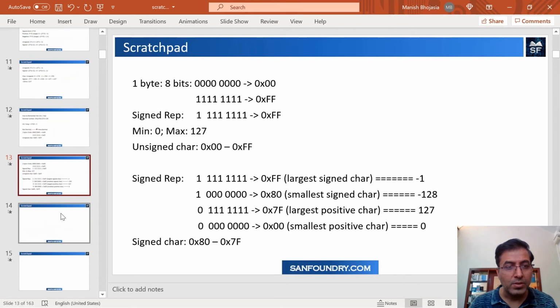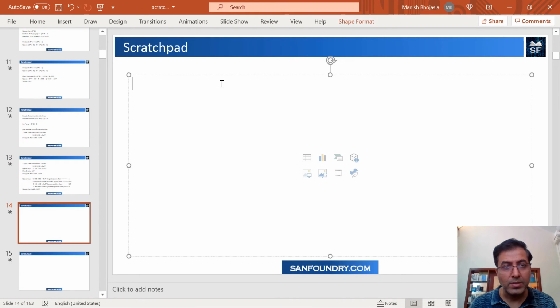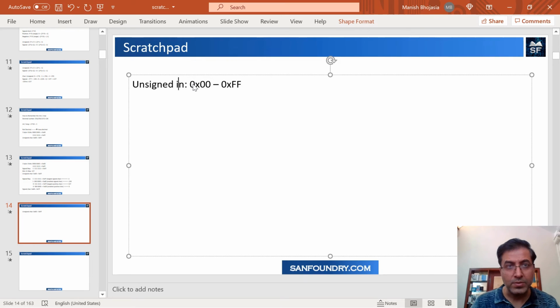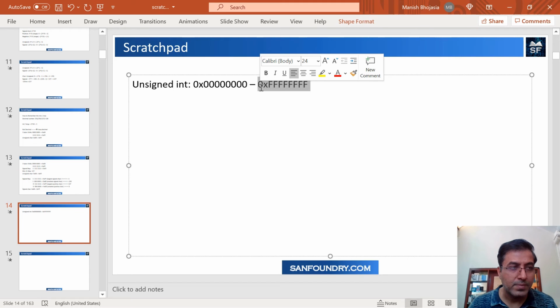So when you think about higher numbers like a 4 byte entity, when you talk about integer is 4 byte, as all of you know. So lowest is always, as you all know, 0 0, then 0 0 0 0. So for 4 bytes I write all 0 0, and this is FF like this. That's it. So you can hard code it because now you know what the value is, isn't it? So this is the range.